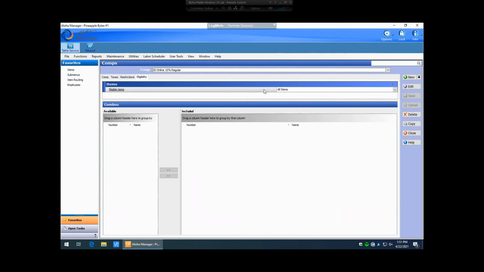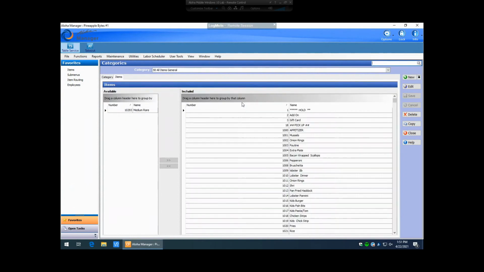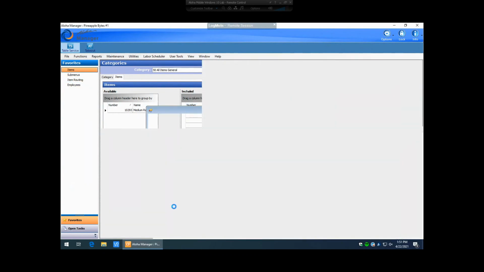So when we look at this eligible item, I'll click on here and we'll look at this all items category. You can see here that we have one here, medium rare, although it's a modifier, it's still an item. So right now, if this was an actual order entry item, we wouldn't be able to comp it. And usually we put all the items in here, including blank items. But what can happen sometimes is, if I go back to my items here,